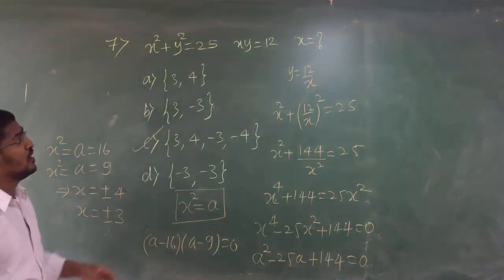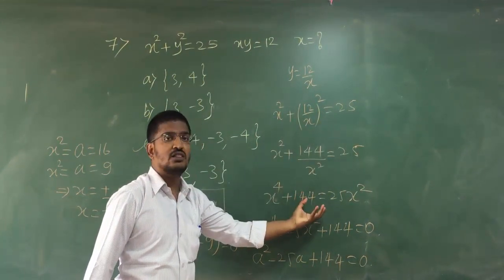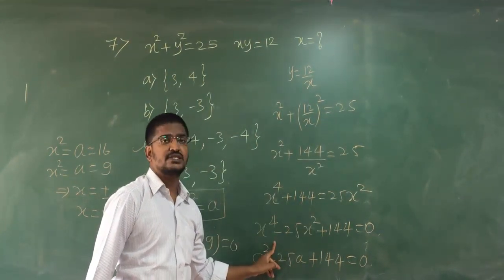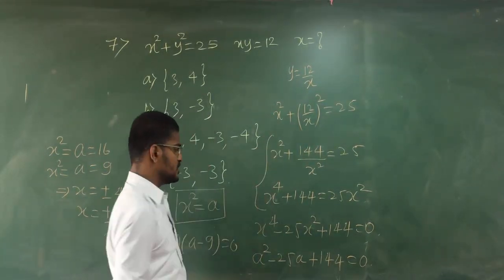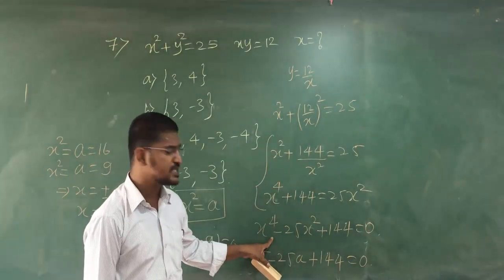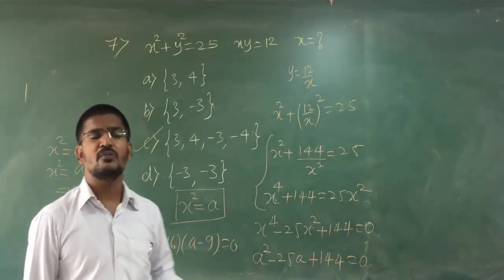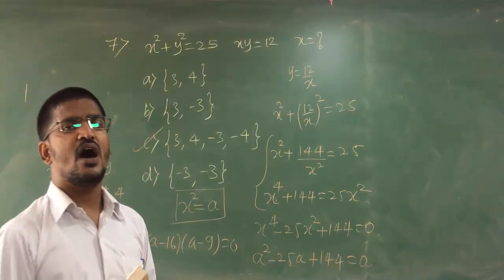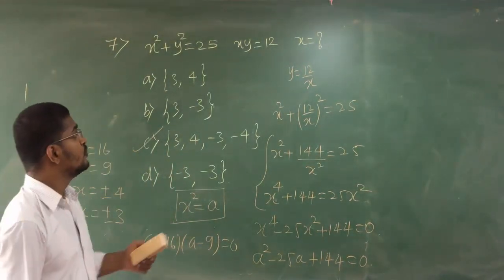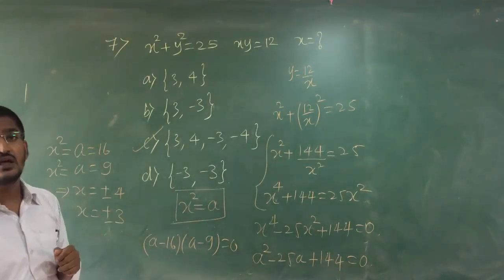Because see here, if I simplify this, you are going to have like this. There is no need of writing all these terms. Directly you can write this. Clear? You can reduce these two steps and directly write like this. From this you can write this. Therefore x equal to plus or minus 4 and x equal to plus or minus 3 are going to be the answers for x for this particular equation. Therefore option C is your answer.